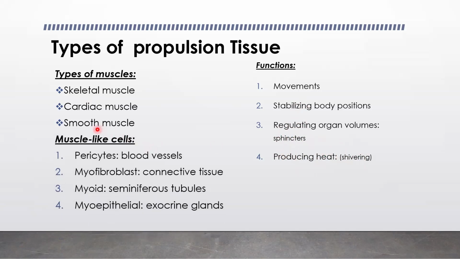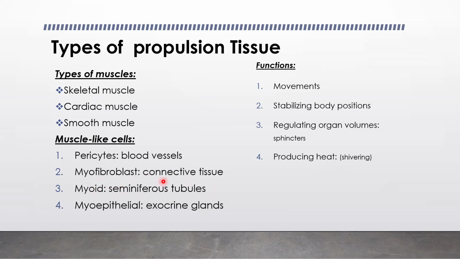In addition to that, we usually have some muscle cells which have contractile properties. One of them is the pericytes that are located in the blood vessels. Then you have the myofibroblasts, which are located in the connective tissue. To be specific, they are majorly found in the fibrocartilage. Myoid cells, which are found in the seminiferous tubules, have that contractile property to allow